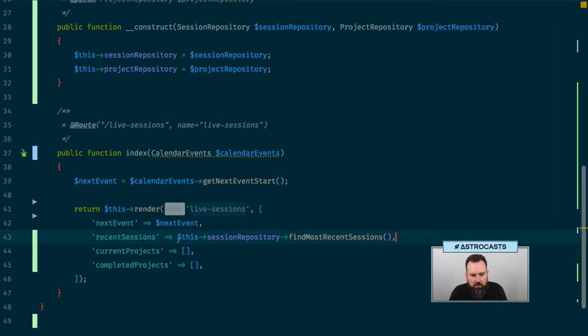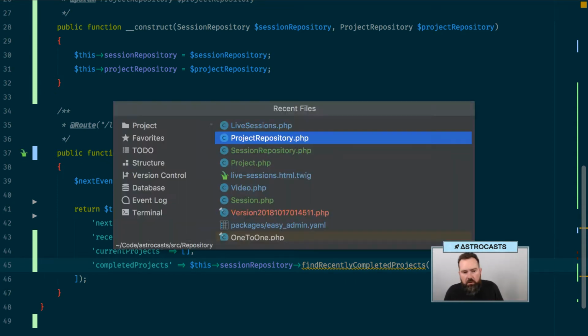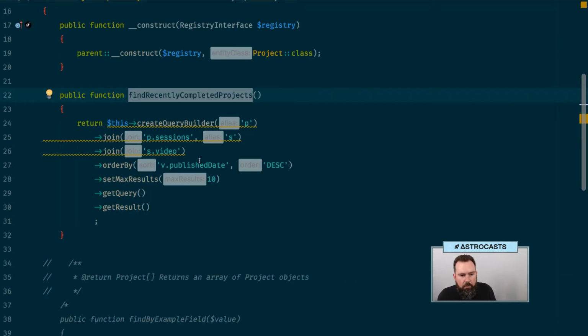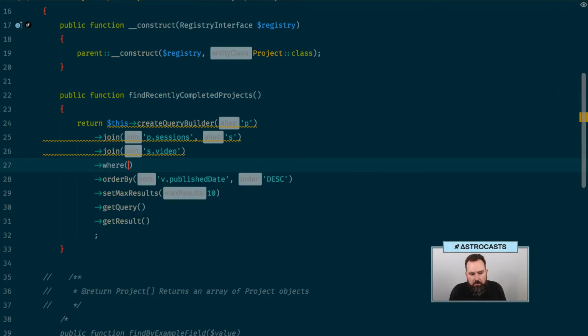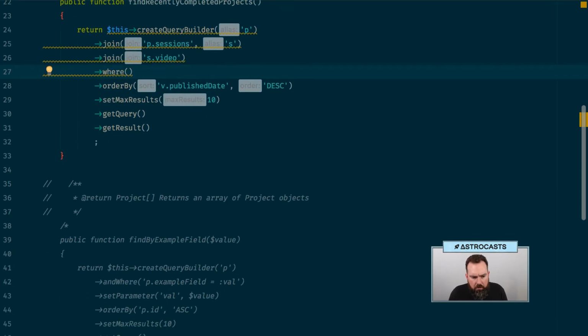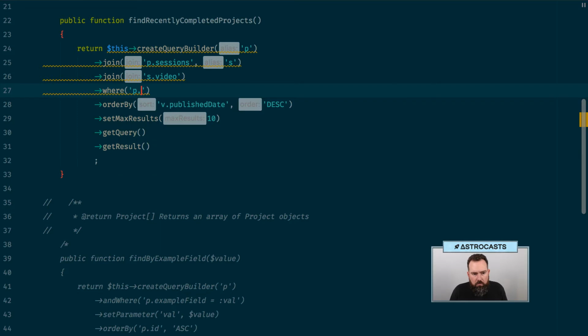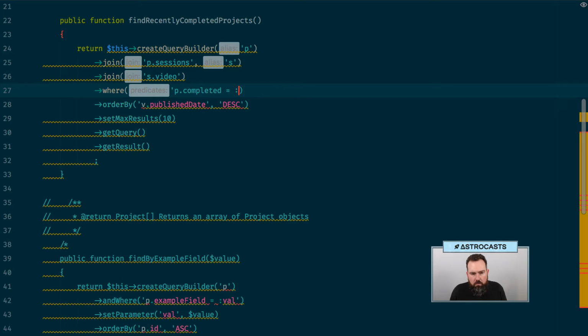Go back to live sessions, current projects, and we'll do this session. Let's see if that does anything. So we actually do want to do a check here, where p.completed is equal to